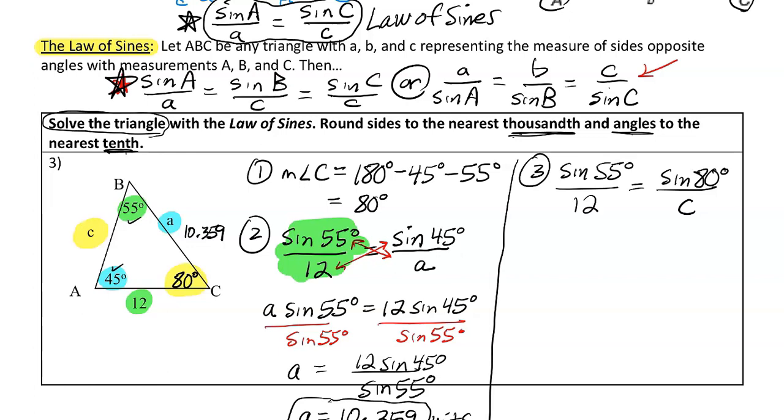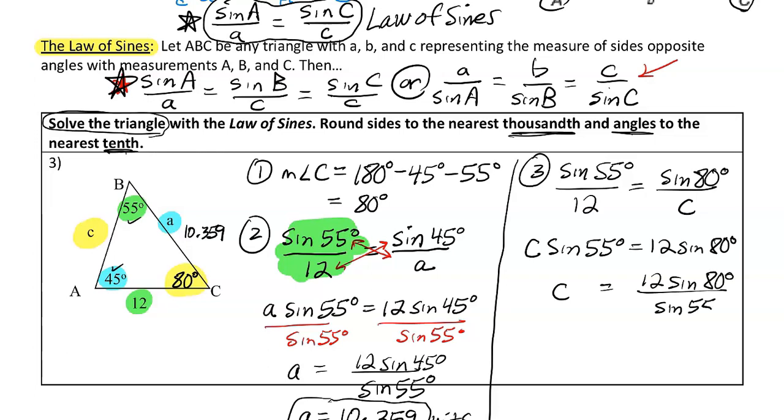If you'd pause the video, see if you could solve for C. I'll give you a second to do that. You should have something that looks like C times sine of 55 degrees equals 12 times sine of 80 degrees. So C would equal 12 sine of 80 degrees divided by sine of 55 degrees. And again, I'd encourage you to make sure you can type that correctly in your calculator. That would be 12 sine 80, hit enter, keep that whole decimal in there and then divide by sine 55. And we get side C is roughly